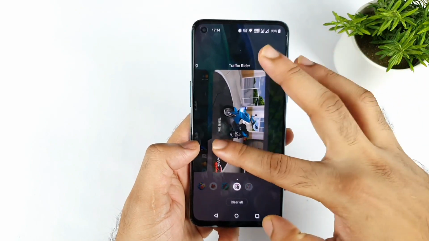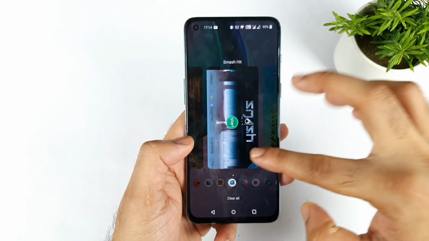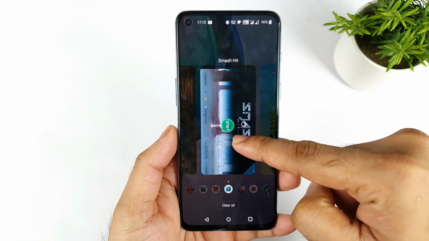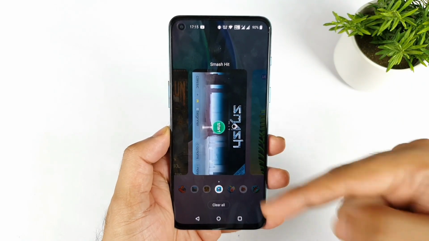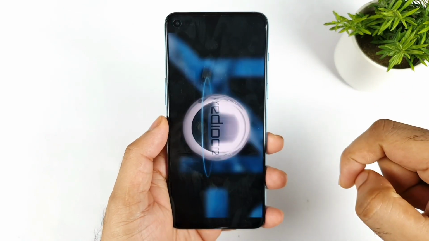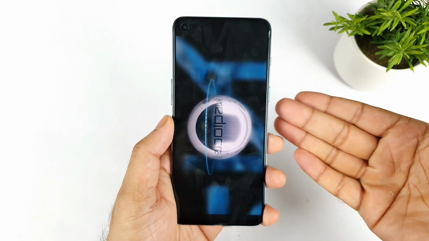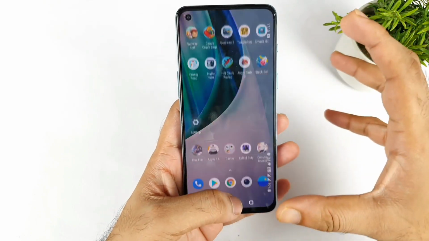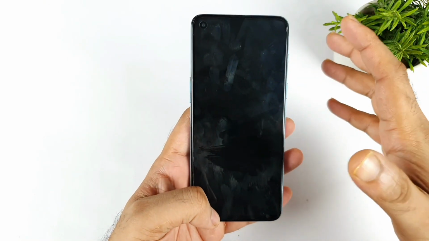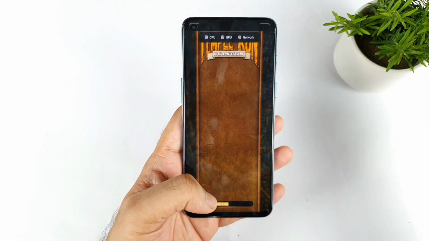Now here comes the test, which is Smash It. Let's see whether this game can actually load or not. Is that virtual RAM from the Play Store helpful or not? No. At this point, even that application is not helpful at all, even though you use 5 GB. It's not helping. As you can see, friends, clearly, we got the proof, right?